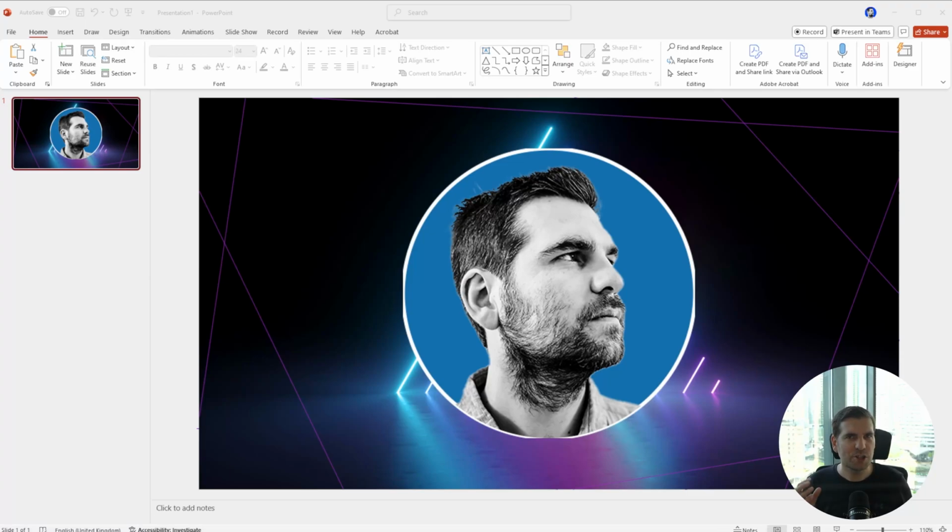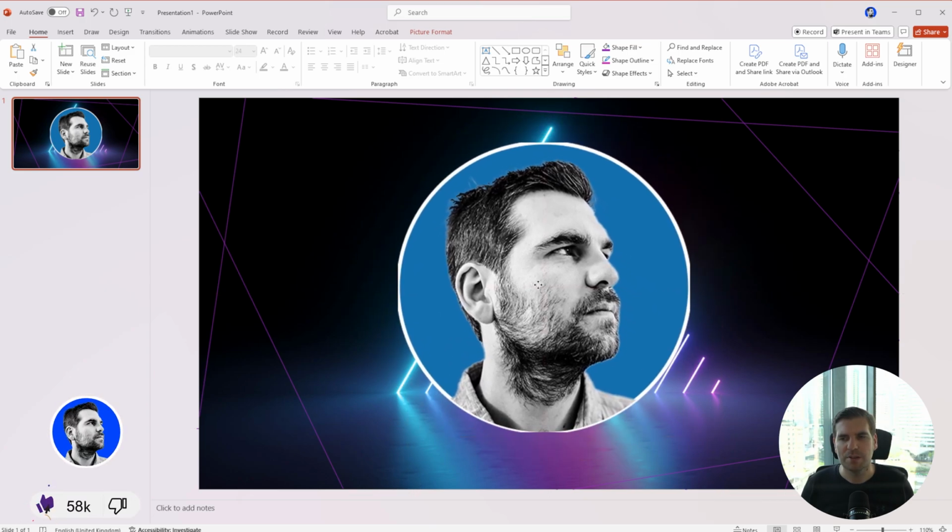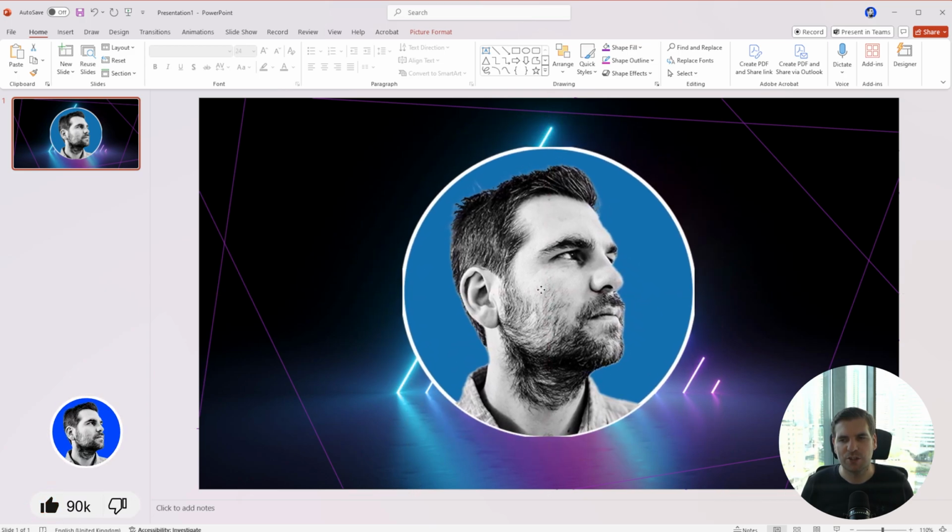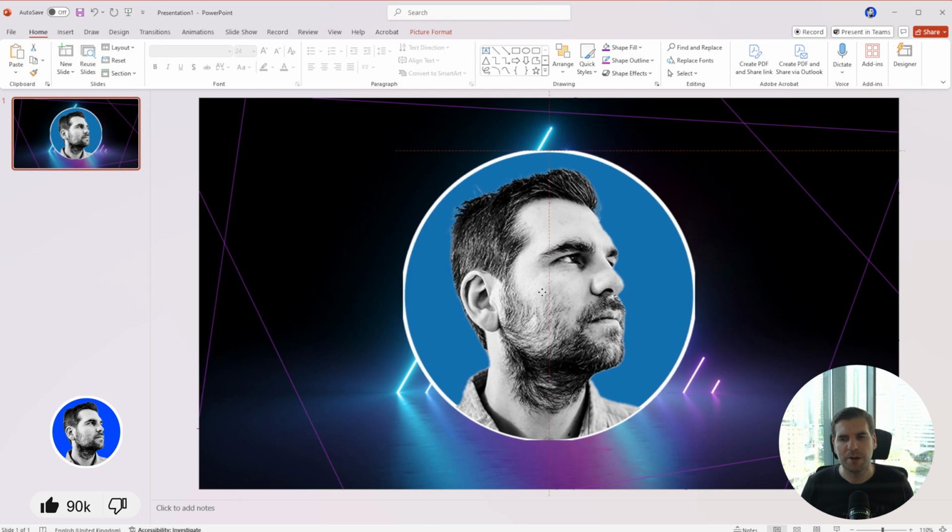Okay guys, today I'm going to show you how to use the Morph transition inside Microsoft PowerPoint. This actually is quite simple once you know how. So here we have a standard slide with my kind of profile picture right here in the middle. What I'm going to do is use a Morph transition to shrink this profile picture to the